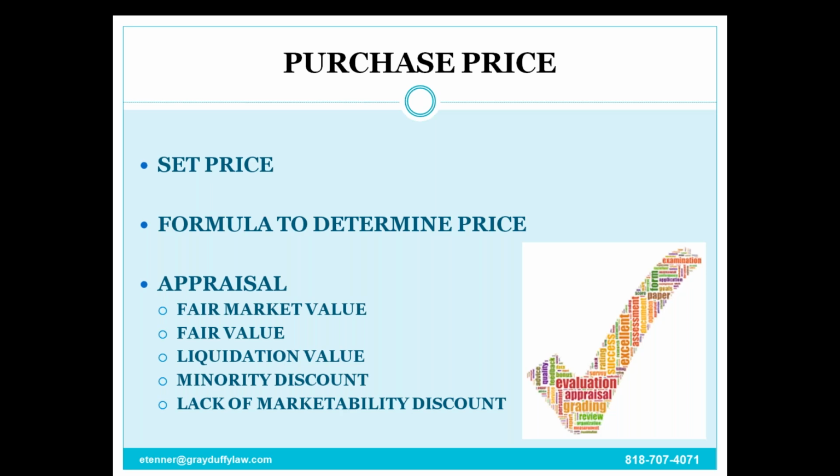So there are certain things that are going to be fixed, but there are other things that they may or may not consider. For example, minority discount, lack of marketability discount. It may depend on the circumstances. So they have a certain amount of discretion when they're setting the price, and it can cause price swings of, I've seen as much as $2 million from an appraiser. So it is important to draft a provision that is as clear as possible, that guides the appraiser and what they can and cannot do.